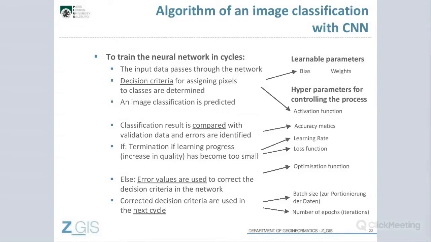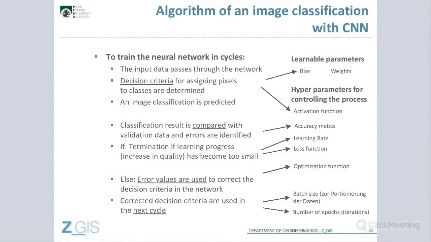So you use accuracy metrics in there. And if the learning process has become too small, like the accuracy level has achieved a certain threshold, then you stop the process and you have your final result.